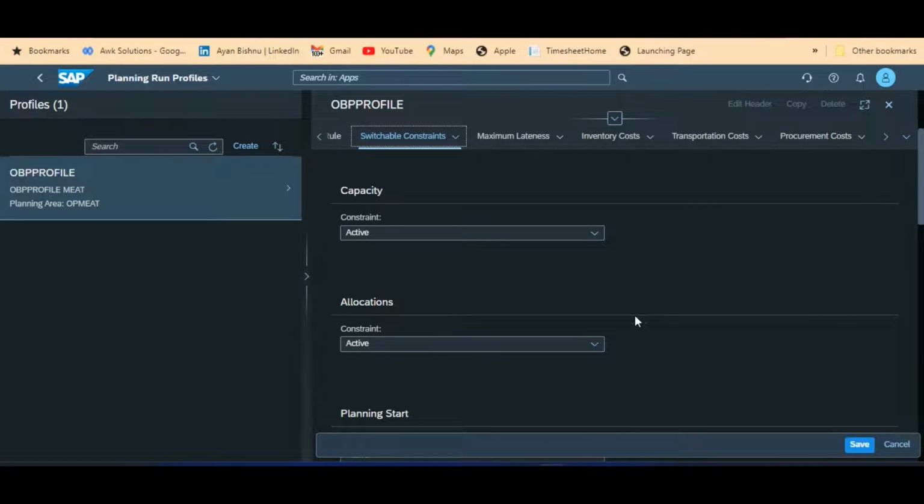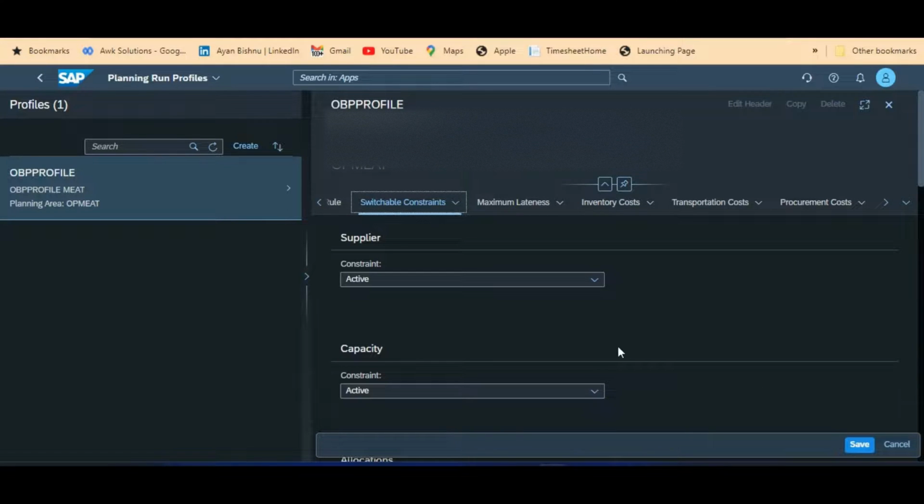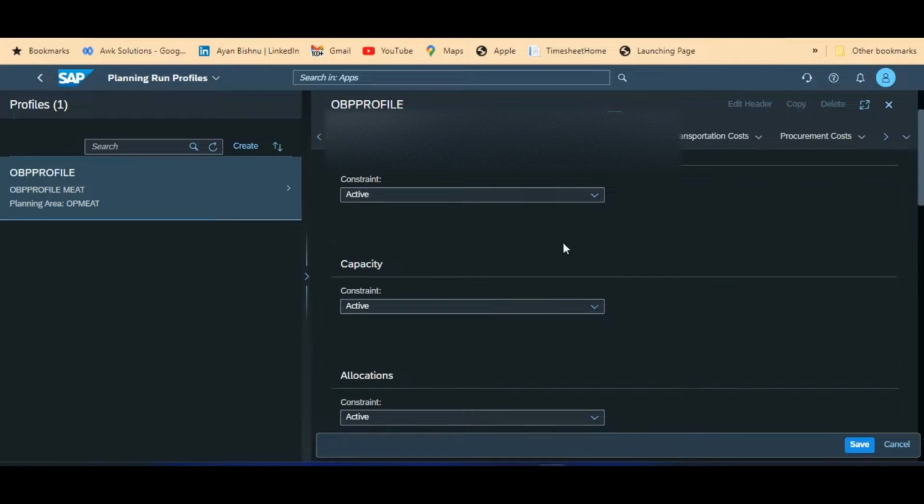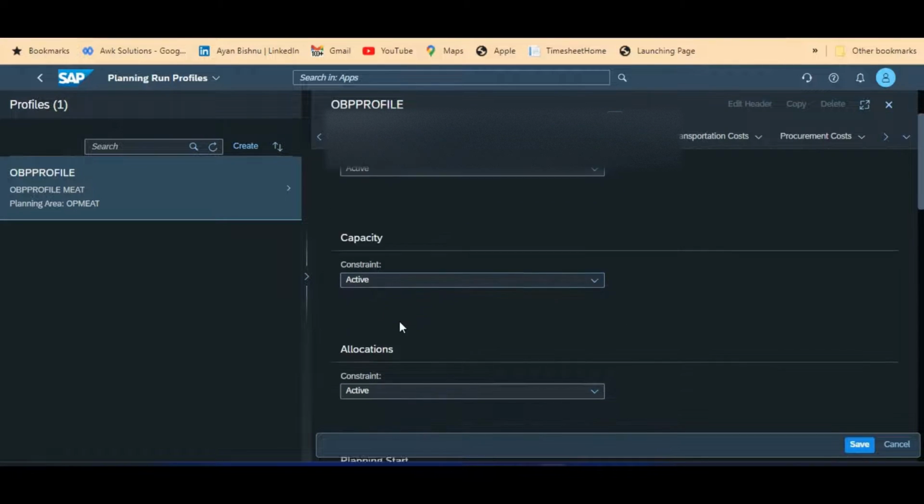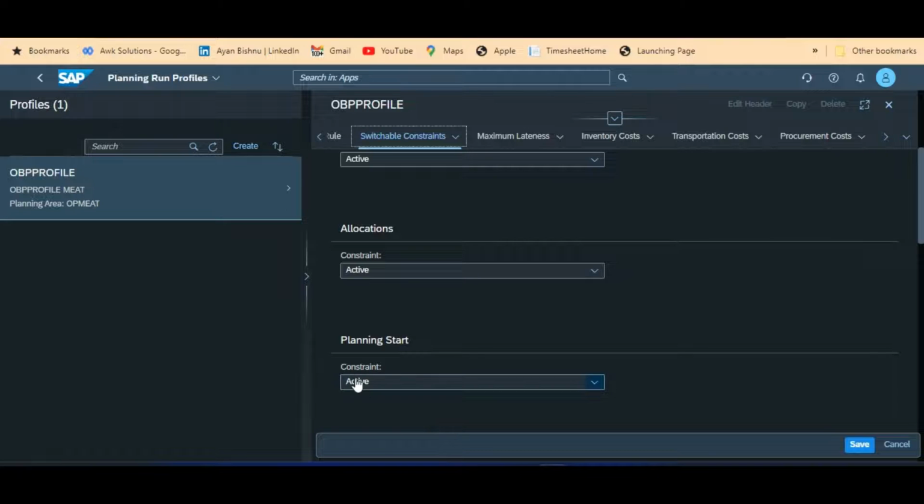If I mark everything as inactive, in a way I am creating a planning profile which is equivalent to unconstrained heuristics. This is one way that we can configure finite heuristics to behave in an unconstrained manner. But for this demo, I have activated only a few constraints: the supplier constraint, the capacity constraint, the allocation constraint, and the planning start.